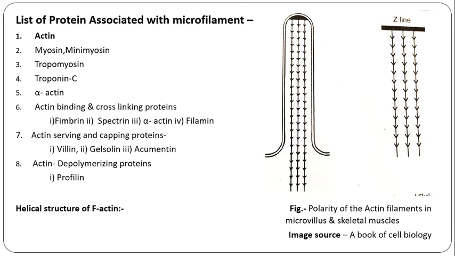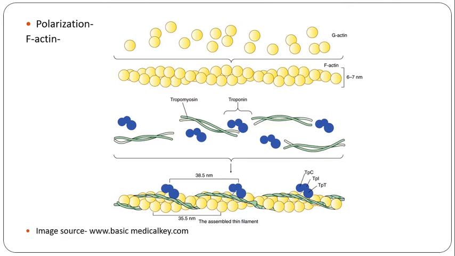So see, although the actin monomers can be added to both ends, the barbed end is preferred for assembly, as you see here in this diagram, while at the pointed end disassembly takes place. One end is assembly and the second end is disassembly.